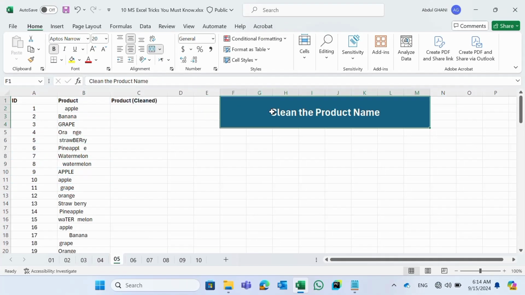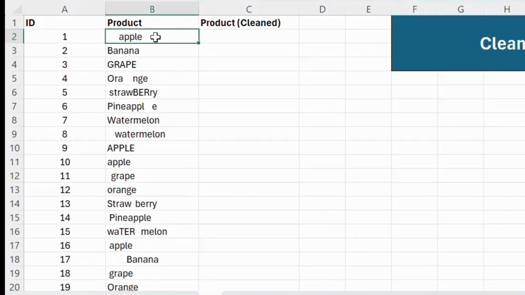In the fifth one, we need to clean the product name. For example, we can see that the product name is not clean. We have extra spaces, we have lower and upper cases, and so on. So we need to adjust this. For that, let me use 2 functions. The first one is